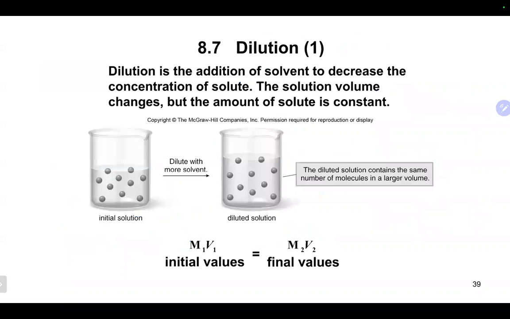Okay. So the next thing we're going to talk about is dilution. So we talked about sort of concentrations of solutions. Very commonly, most solutions will come to you in what is sometimes referred to as a stock solution, which is a really concentrated type solution. Then typically what you do with that is you take it and you do some dilutions to it, and then you get kind of like the solutions you probably use in lab, which is way, way less in terms of concentration than other ones. So usually when we do a dilution, really the only thing that's added